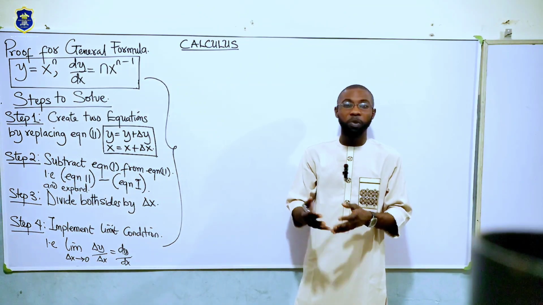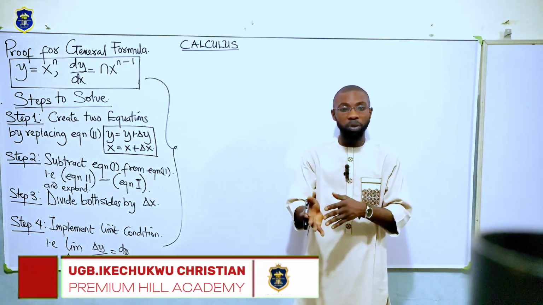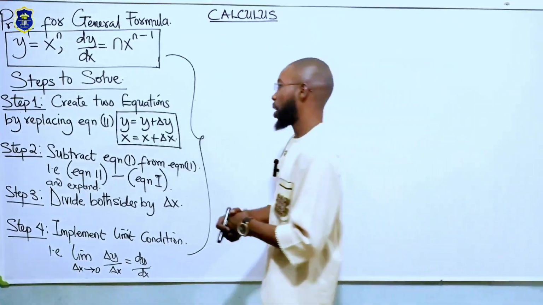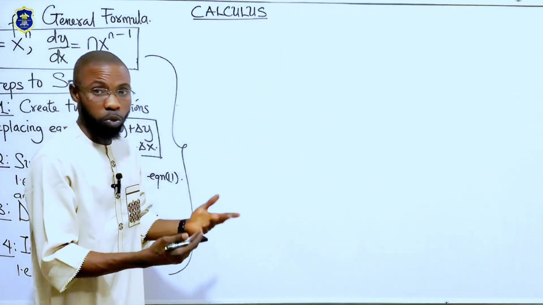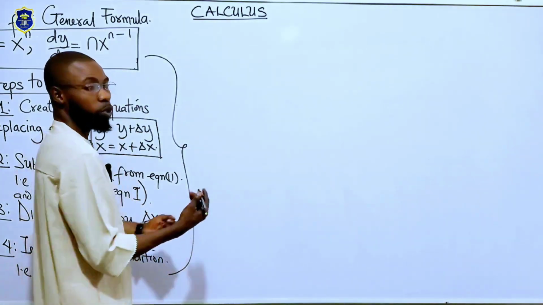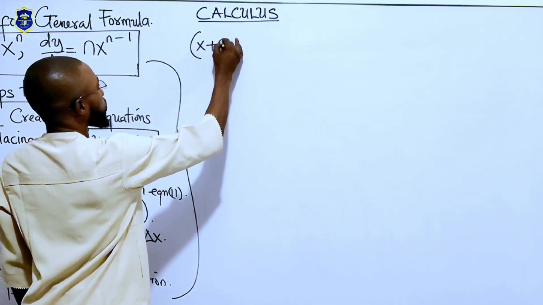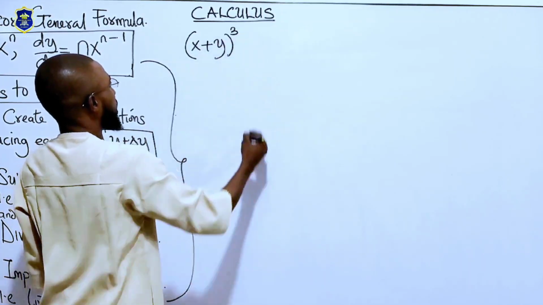With one more thing. Before we do that, we'll need a requisite knowledge of binomial theorem, how to expand binomials. Because if you don't learn it, I'm going to lose you somewhere. So how does binomial theorem work? Let's assume we have x plus y raised to the power of 3, and then we are asked